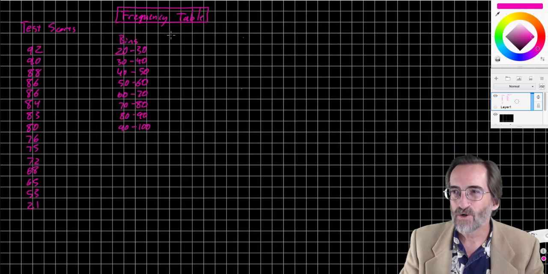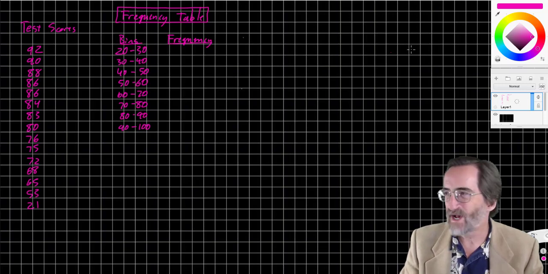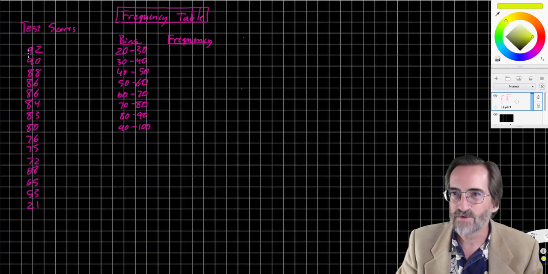Okay, and so we are going to keep our frequency going here. Frequency. Okay. And so we're going to tally each occurrence of the score. So 92 is in the 90 to 100 bin. 90 is in the 90 to 100 bin. And here's where I have that dividing line. It doesn't go in the lower one, it goes in the upper one. 88, 86, 86, 84. Whoops, I'm marking those wrong. Yes, 86. So 90, 88, 86, 86, 84,